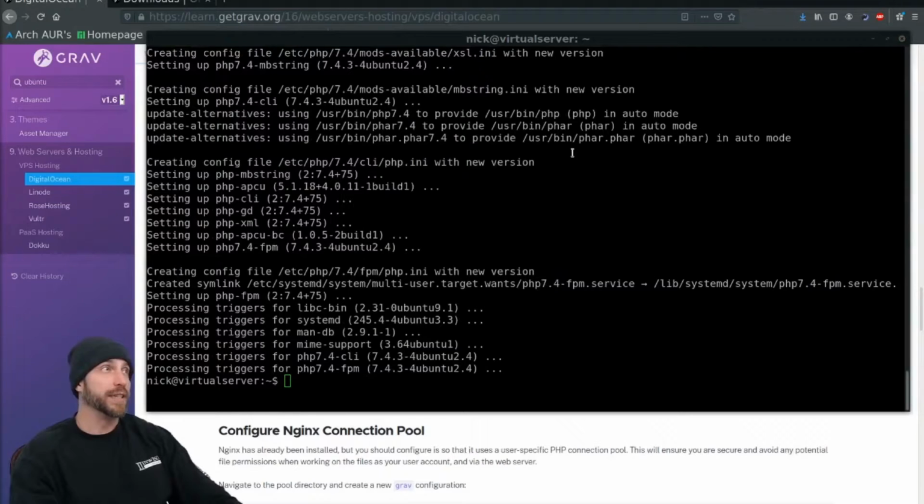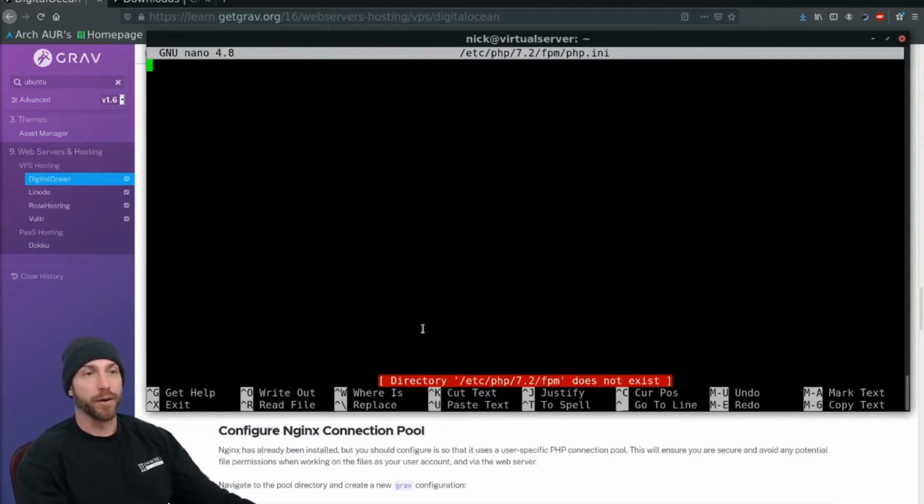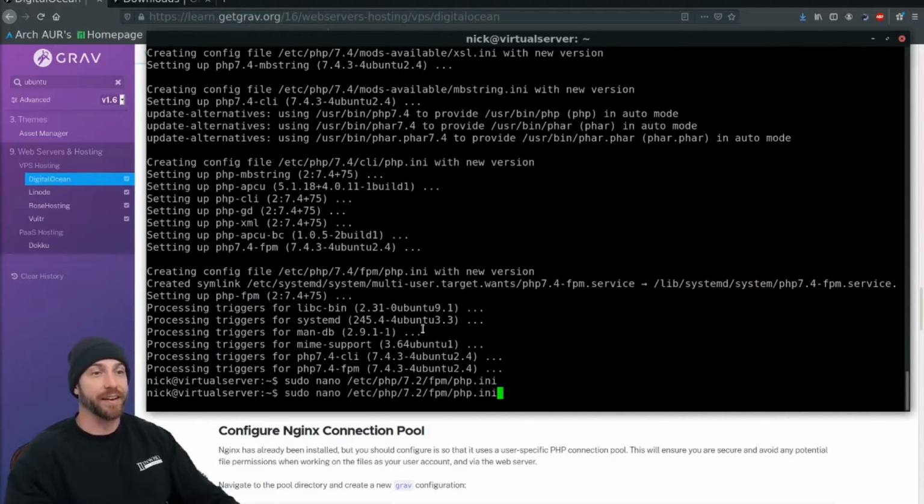The next instruction is to vim into /etc/php/7.2/fpm/php.ini. Instead of using vim, I'm going to use nano and open up that file, which doesn't exist. And this is one of the important things about the documentation being slightly out of date. If you look here, 7.2 fpm, if I manually type this in rather than copy as is suggested in the Grav documentation,